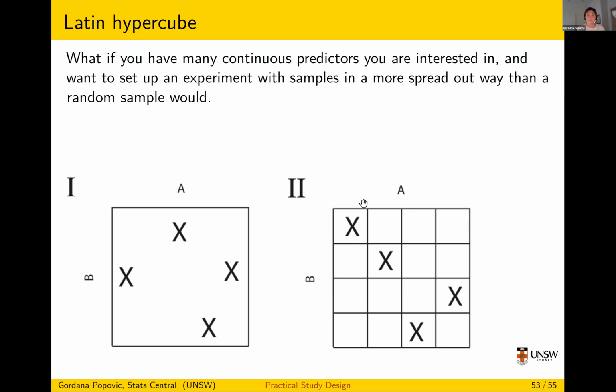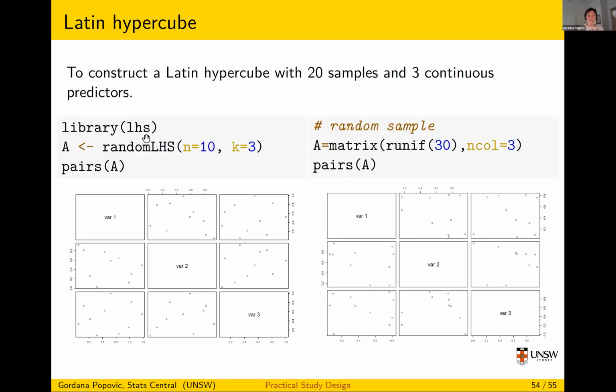So what you can do is use these Latin hypercubes, where the space is allocated into these sections. The idea is that there is an equal number of observations in all the rows and columns. So it's kind of like Sudoku, where we spread out the observations in all the variables. Sometimes that's better when you have small sample sizes. That's actually really easy to do in R.